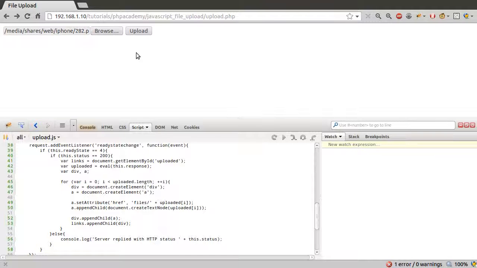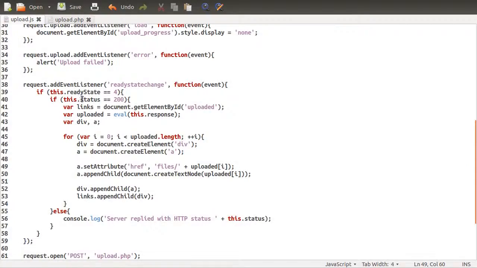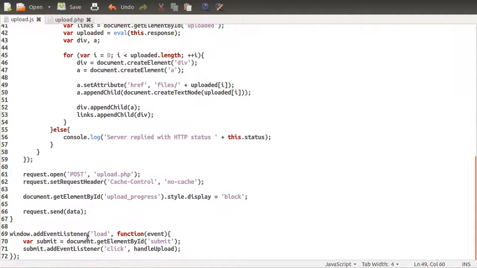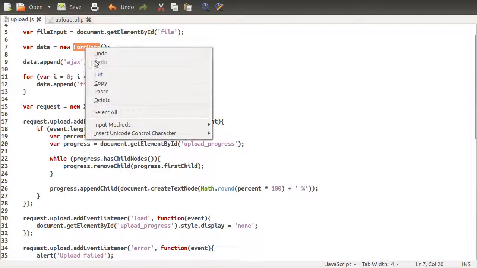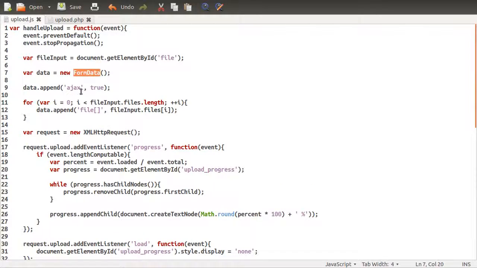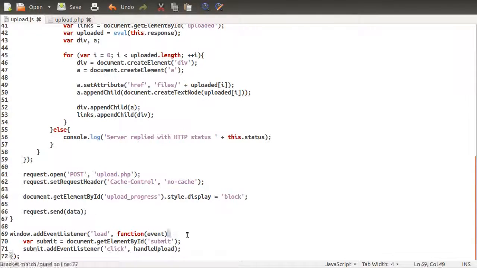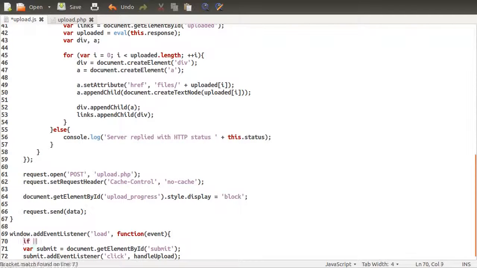JavaScript. Oh, I suppose I should make one final note. If the FormData object is not available, then this script will cause an error. So what you should really do is, before you do any of this stuff, check for the FormData object. You could do that simply by doing something along the lines of that, or you could also do typeof FormData is not undefined,